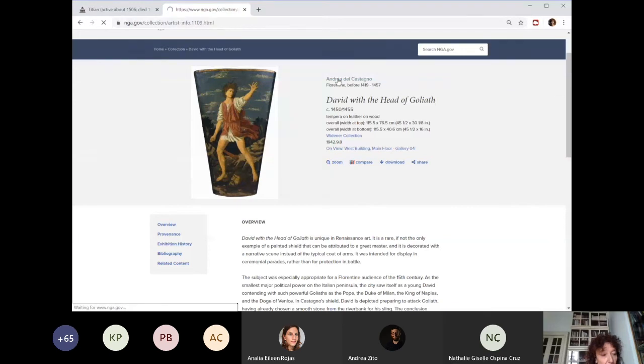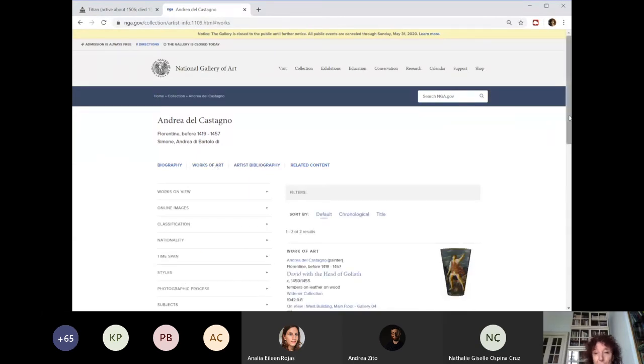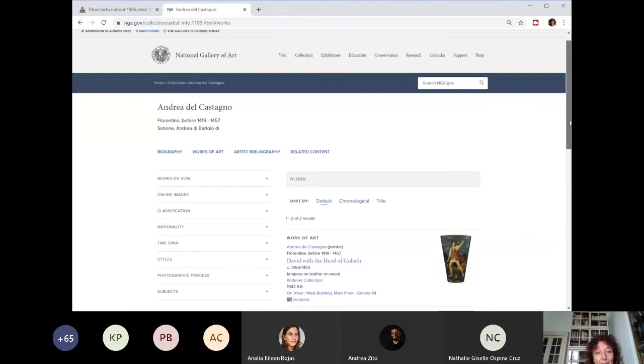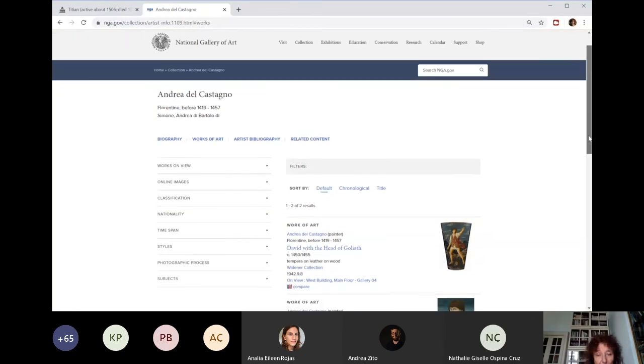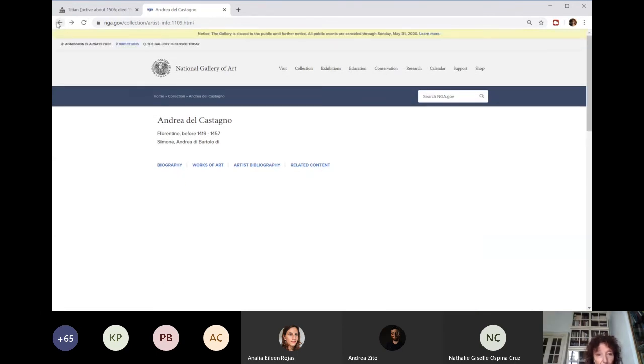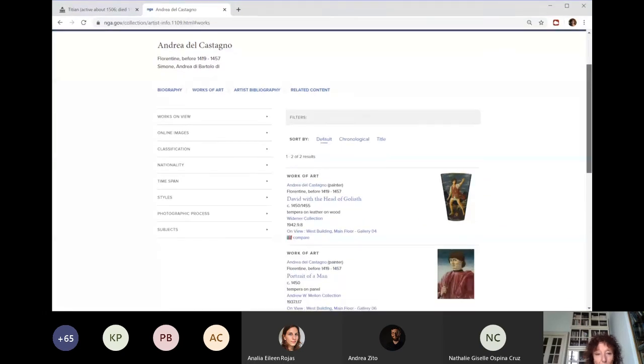Okay, if we go to Andrea del Castagno, we have biography. Not clear what is biography and artist no, sorry, this is biography and this is the bibliography. And then they have created a sort of separate page, no matter if it is implemented as the same page, but this works of art, this page that you visualize here, is the transition page for